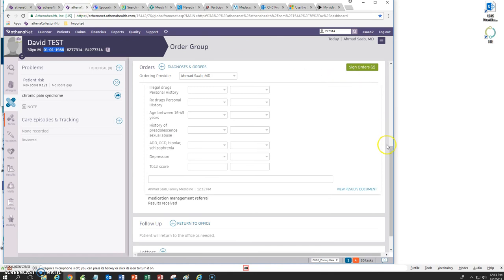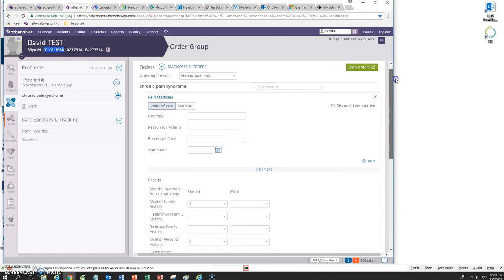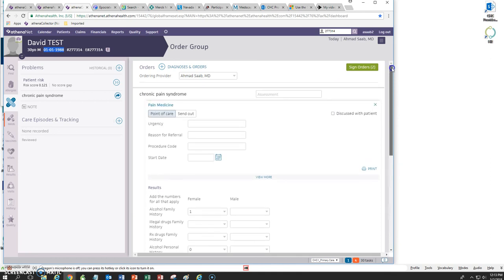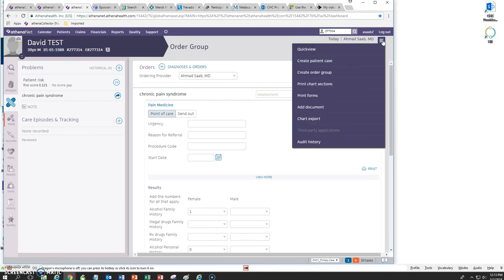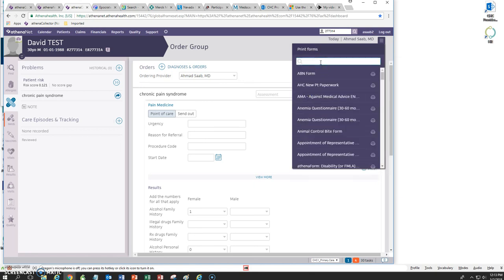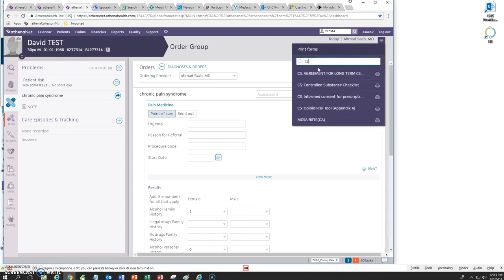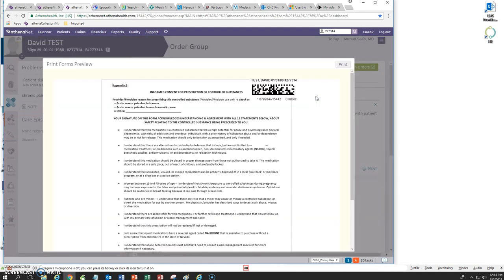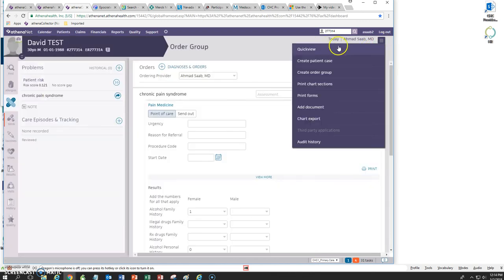So the next thing we need to do is click on the forms that were needed for the controlled substance prescription. We can find them in here by going to the hamburger sign and then clicking on print forms and typing CS, and all the templates that you need are over there. So in here we need to have the informed consent, and then this is the informed consent. You can print it, and you also need the